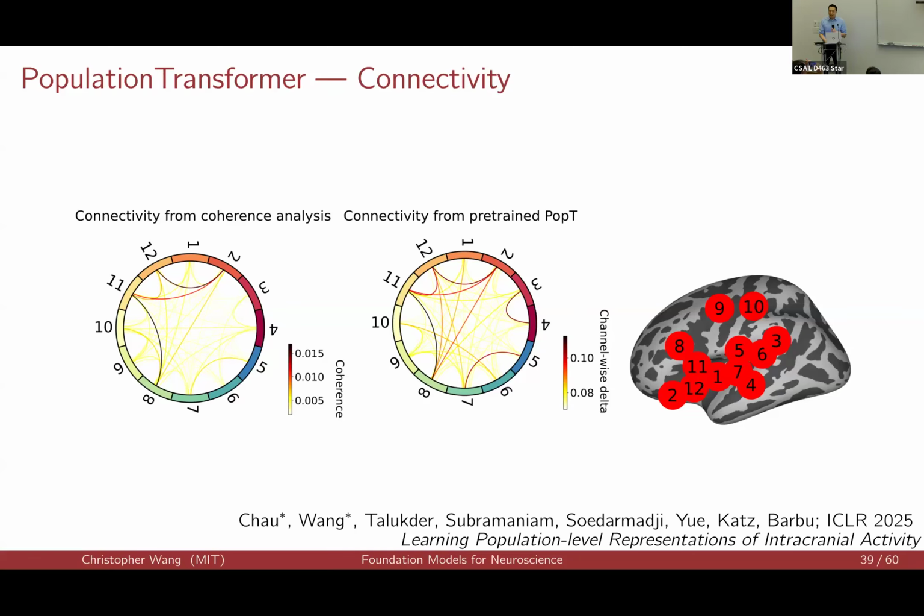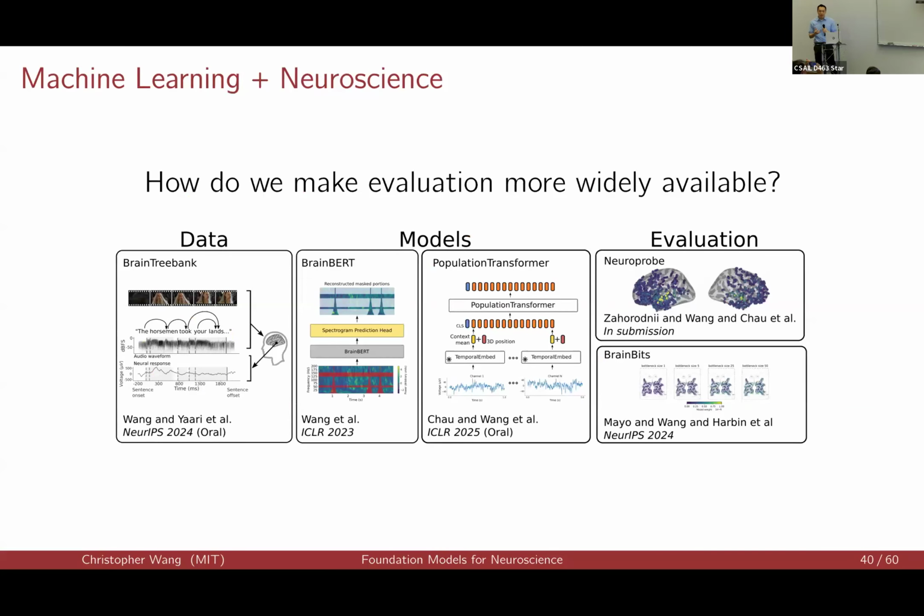Okay, that was PopT, BrainBird, and how we do decoding. One thing that I think hasn't been apparent from the slides is how much custom code we had to write in the pre-LLM days to get the evaluation working for these models. Braintree Bank is not a benchmark, it's a dataset, and we had to do a lot of finagling to get the tasks right and get the splits consistent, and this is not ideal. Ideally, our evaluation should be reproducible. In the best case, it would be so reproducible and so easy to use that anyone could pick it up, download it, and evaluate their own models.